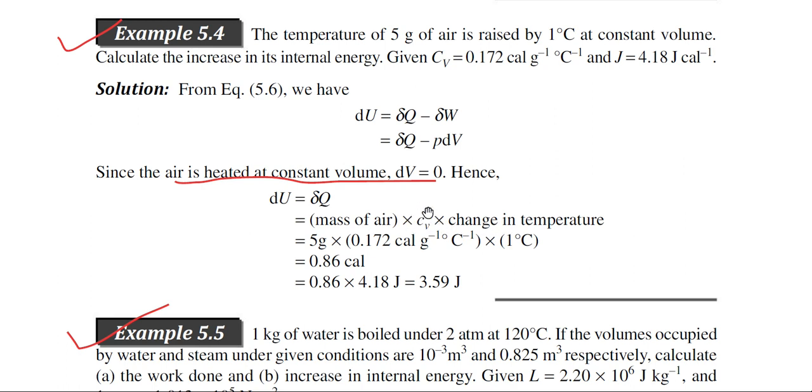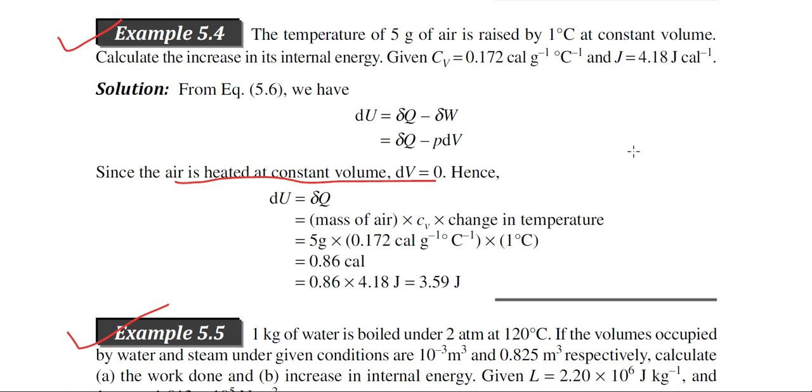In this case, the specific heat will be expressed in terms of mass. For example, check the unit: this is calorie per gram, so per gram, that is per mass, is there. But if it is calorie per mole, then you have to use the equation which involves the mole number. So you have to take note of the unit of the specific heat. As it is given in mass units, you can use the formula delta Q is equal to mass into specific heat into change in temperature.